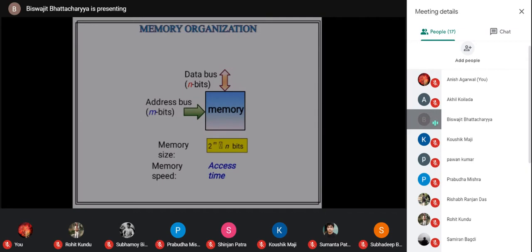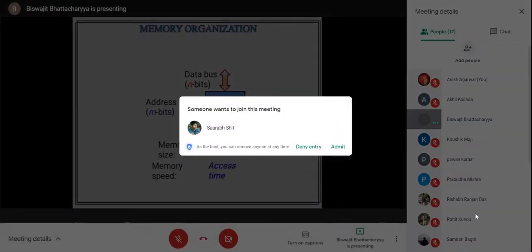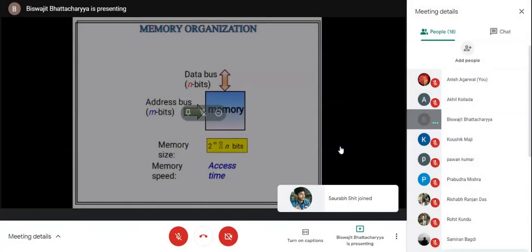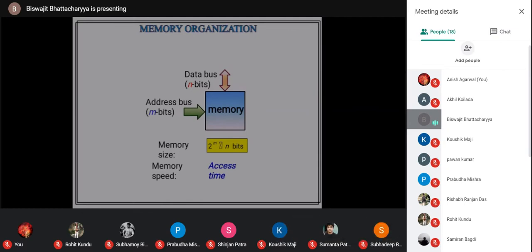M can be anything. If there are 10 bits we use, then the different combinations that are possible using 10 bits are 2 to the power 10. So all zeros, 10 zeros, to 10 ones, and any combination in between. So that much memory, 2 to the power 10 or 1 kilo locations, can be accessed by taking different combinations.